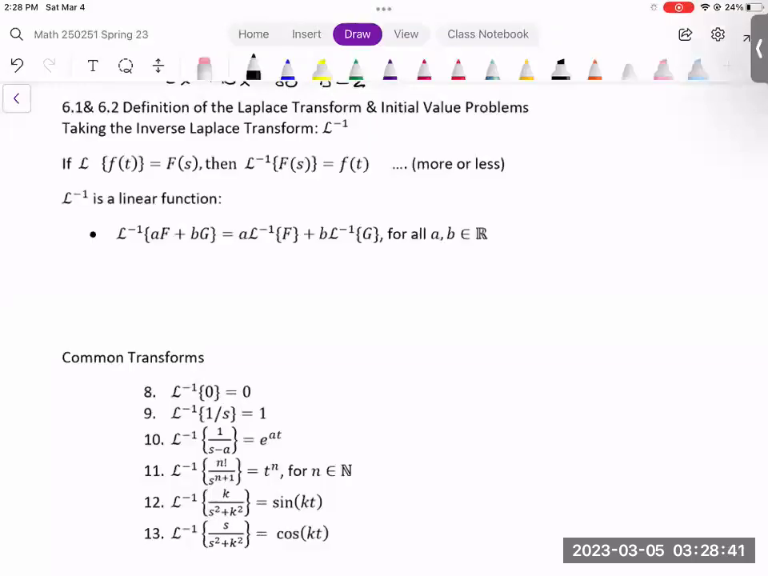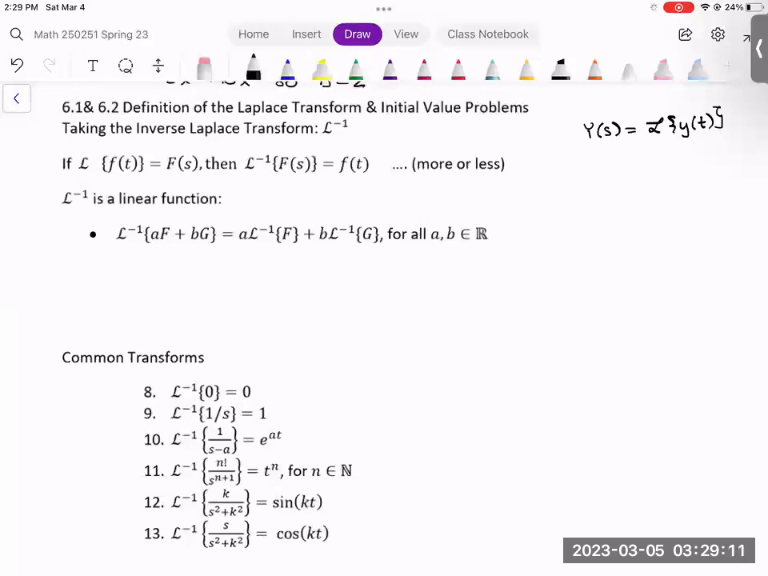Just a reminder of where we're at. Our idea is that we're going to take a differential equation, take the Laplace transform of both sides. This gives us an algebra problem to solve. And we're able to solve for Y of s, which is the Laplace transform of y of t. Okay, now what we're going to talk about in this last section is that you can undo the Laplace